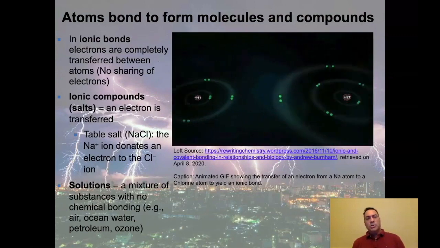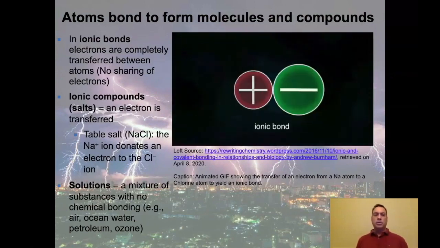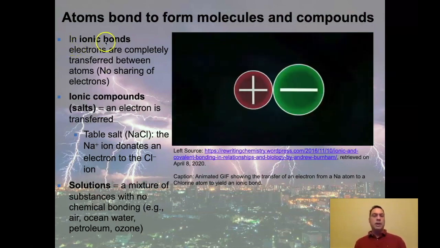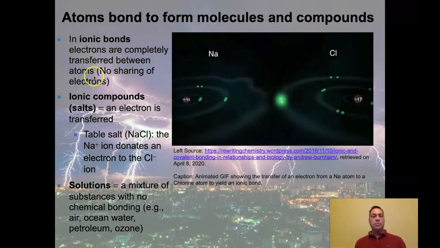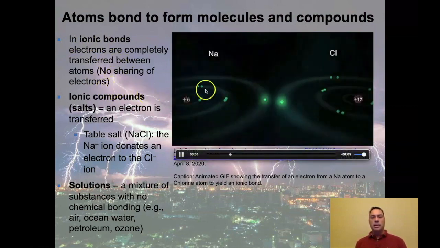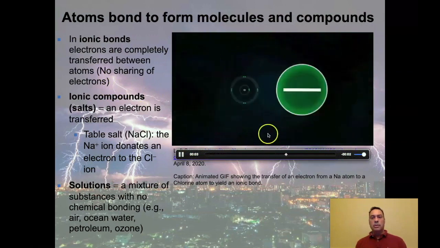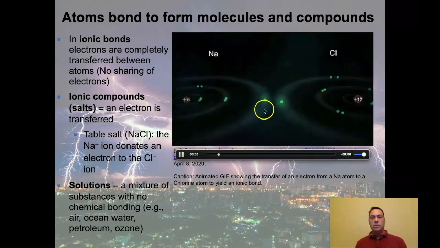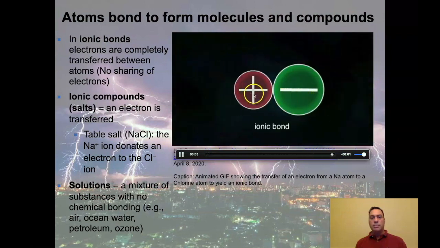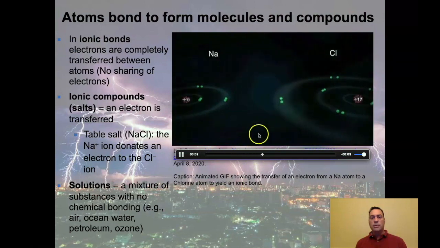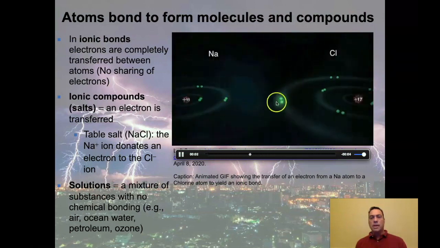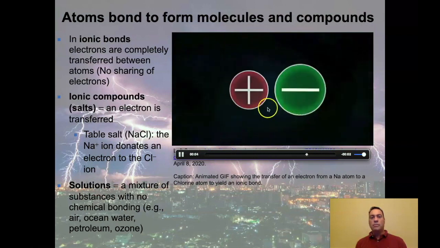All right, so there is also another kind of bond. We kind of implied this a little earlier. This is where we have complete transference. So in ionic bonds, electrons are completely transferred between atoms. So there's no sharing at all. What we're seeing here is a GIF where we see sodium and chlorine, and we'll wait for it to cycle through. Notice right here, this is going to transfer to there. That suddenly gives this a negative charge, and that's a positive charge. One more time cycled through. And all of a sudden now, the positive and negative sodium and chlorine will form a molecule.